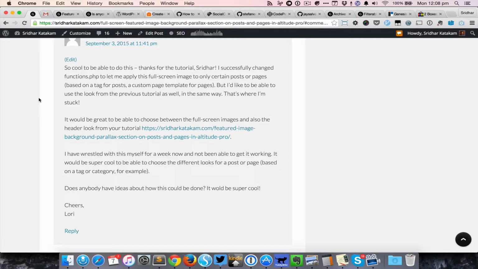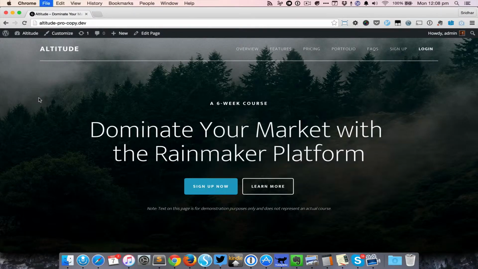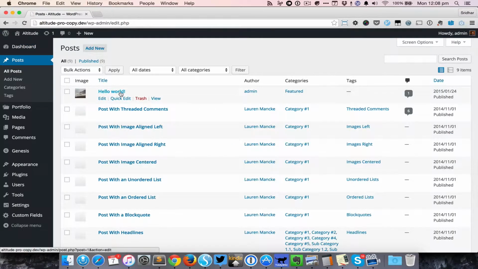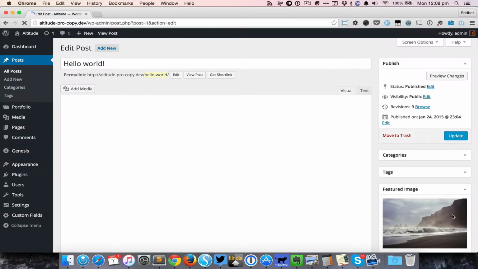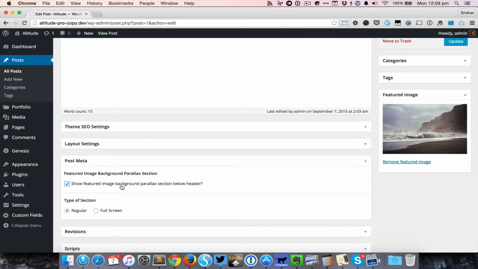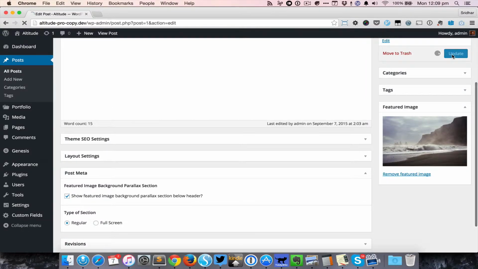So what I've done is I've used advanced custom fields and I've set it up such that when you edit a page or a post, so let's go to a post, for example. So let's say I go to this particular post which has the featured image here, as you can see. So here I've added a post meta box in which we can select or check this particular option, show featured image background parallax section below the header. So when it is selected, the default option is regular. So now when I update this particular post,